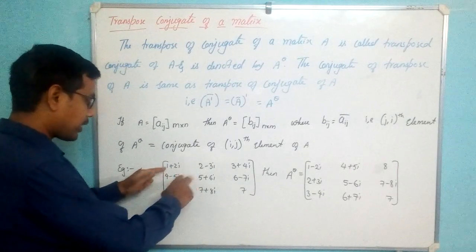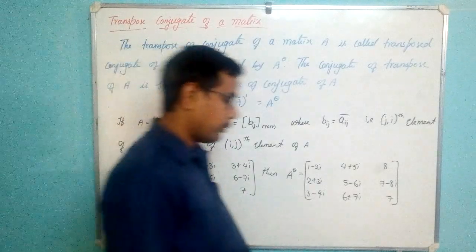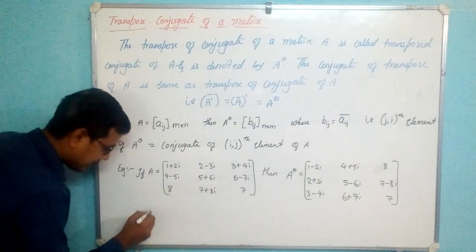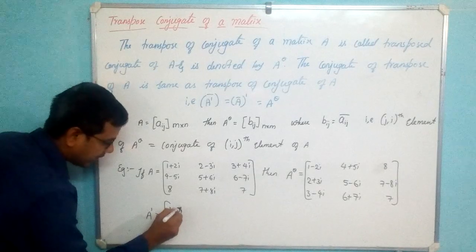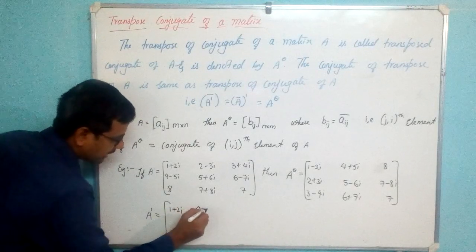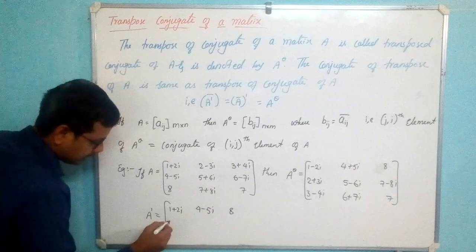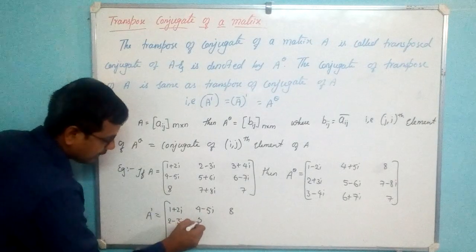Next, here what I will get, 4 minus 5i and 8. So my A transpose will be what? I can write A transpose as 1 plus 2i, 4 minus 5i, then 8, here 2 minus 3i, then 5